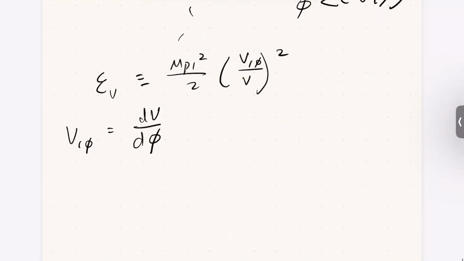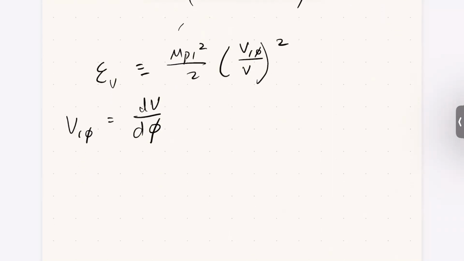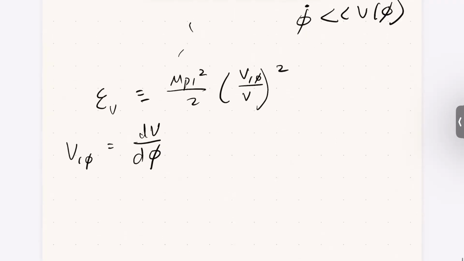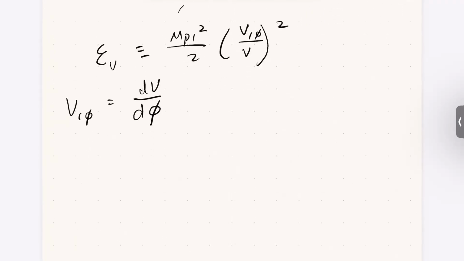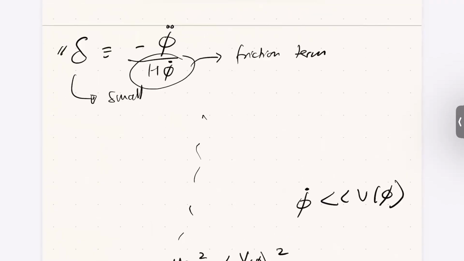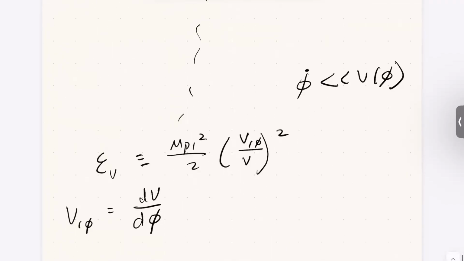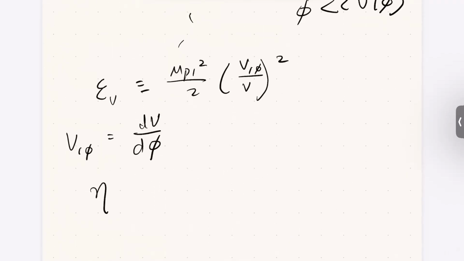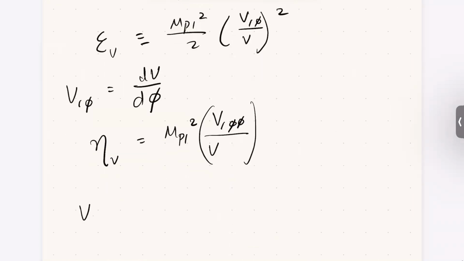Okay, and you can also devise another slow roll parameter, which is a function of the delta parameter that I wrote over here and the epsilon, which is given by eta, which is also in terms of the potential, and this goes as the second derivative of the potential. So this essentially is just